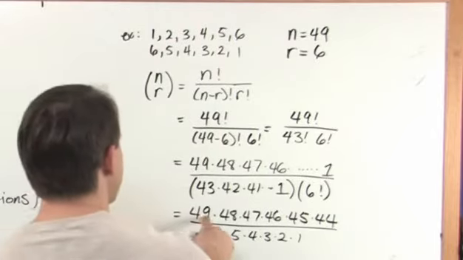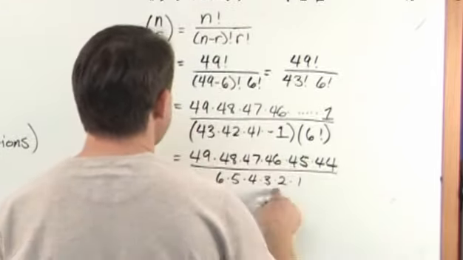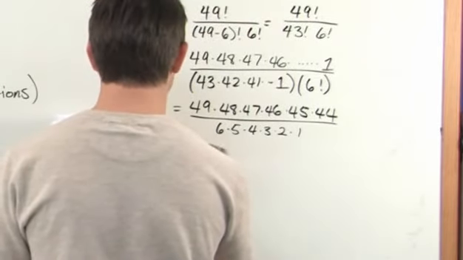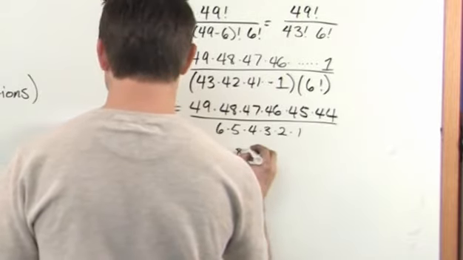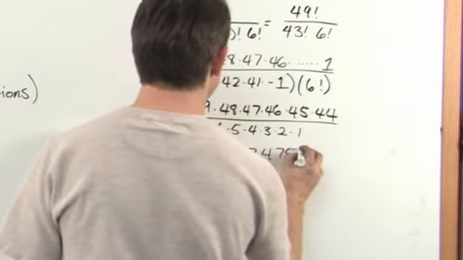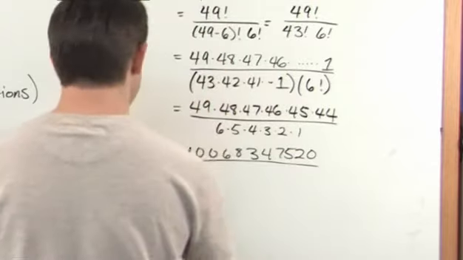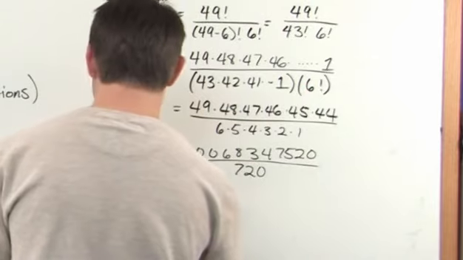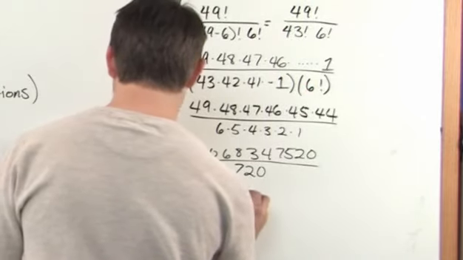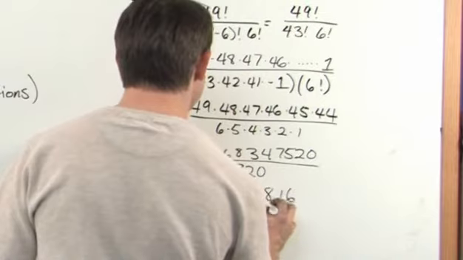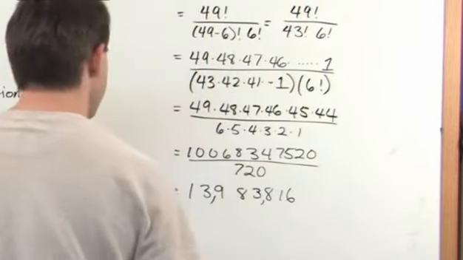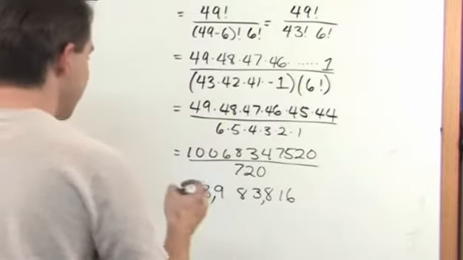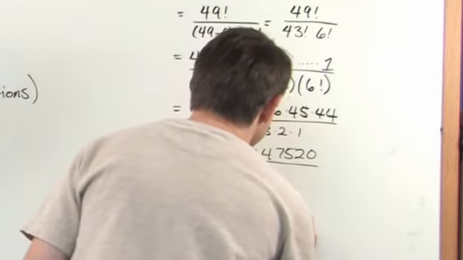And if you were to take 49 times 48 and on down to 44 and then divide it by this, on the top, you'll get a very, very large number. You'll have 10,068,347,520. And on the bottom, 6 factorial is just going to be 720. And when you divide those two numbers together, you will get 13,983,816 combinations. It's not a permutation